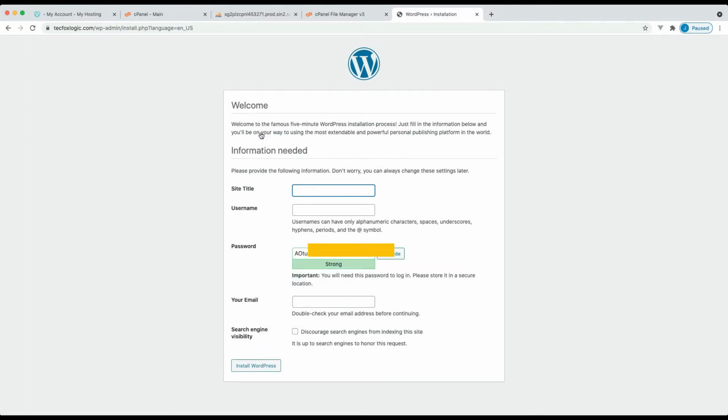A welcome screen appeared. Enter the site title, type the admin username and password. You can use your own password or a generated password. Enter your email ID.